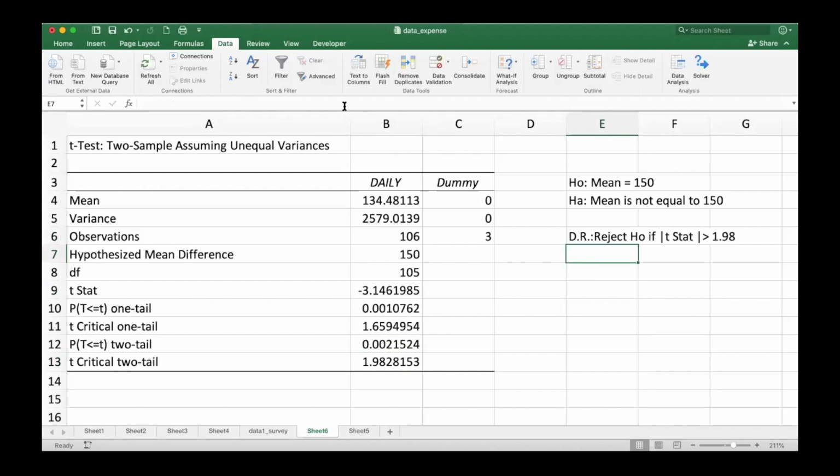Another way is looking at the p-value. Sabi ko nga kanina, may dalawang paraan. Decision rule is reject H null if p-value is less than alpha. And in this case, our alpha is 0.05. So, kahit alin dyan gamitin nyo sa Excel kasi ina-output ng Excel yung critical value and also the p-value. So, etong dalawa lang ang titignan nyo. Either yan or yan. So, since the absolute value, which is 3.15, is greater than 1.98, and also if the p-value, which is 0.002, is less than 0.05, so ang decision natin is